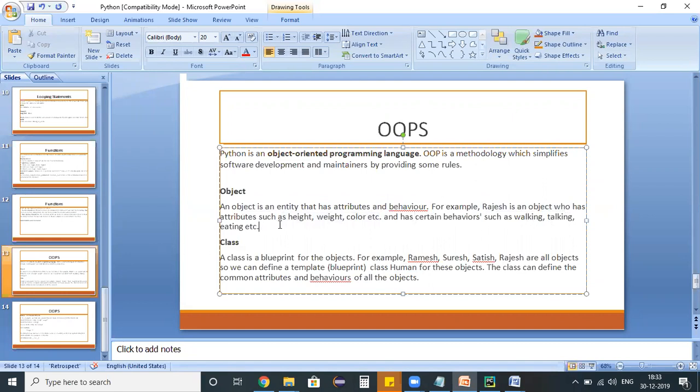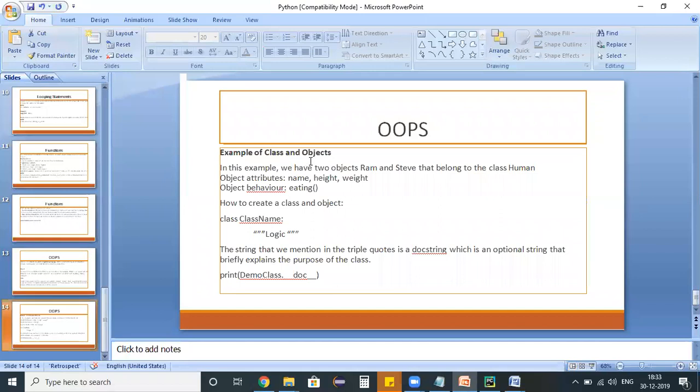Usually within our Python program, we can create a class and we can create an object. With the help of an object, we can access the information present in a class. So let me show you a simple example for the same. This is how a complete example looks. Let us switch to our editor and see how we can create an example for this.